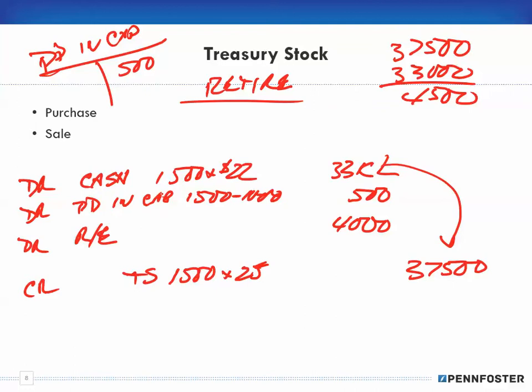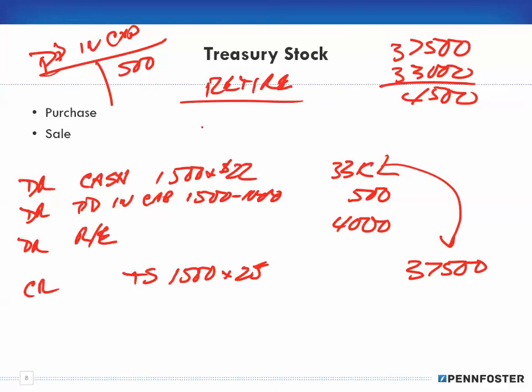they decided to say, okay, we're going to purchase treasury stock, we're going to sell above cost, we're going to sell at cost, we're going to sell below cost, and they made the example in the book cumulative, meaning they started at one point, they had all of these transactions, and all of a sudden they're going to retire some stock, and they're arbitrarily picking 1,500 shares here. So follow what's in the book, work through the numbers and see where they're all coming and going from. As I presented the information in this video,